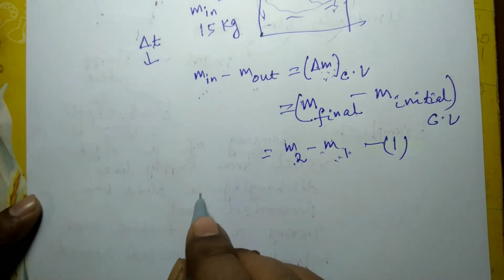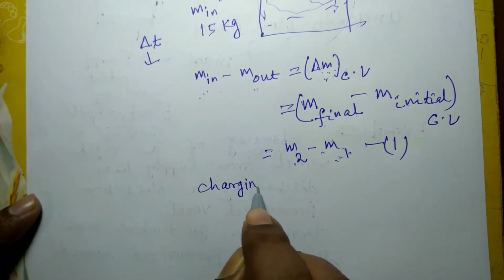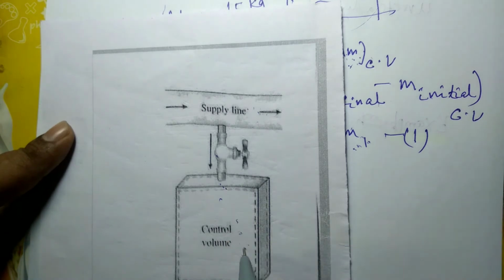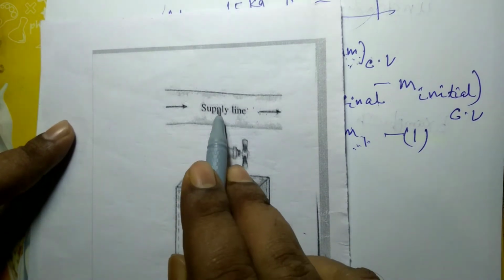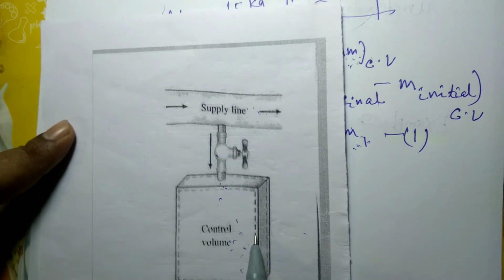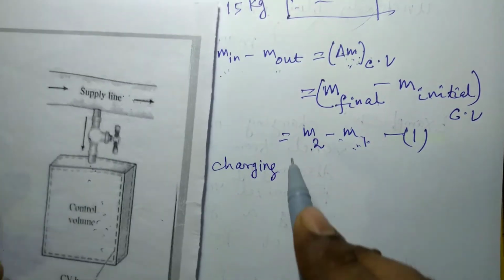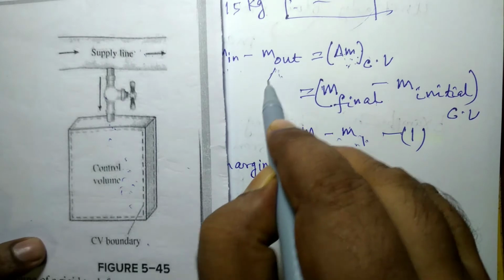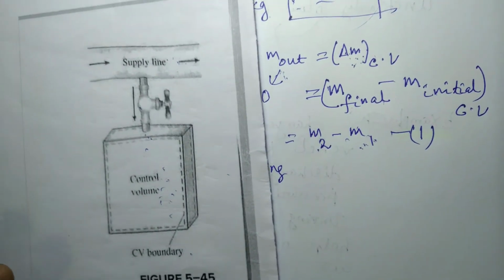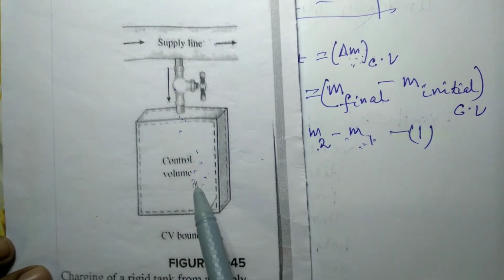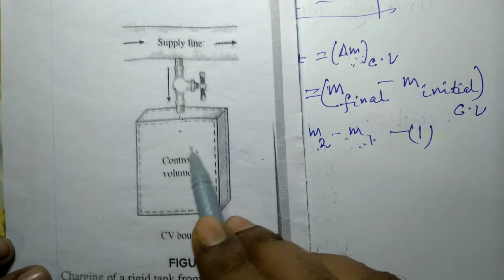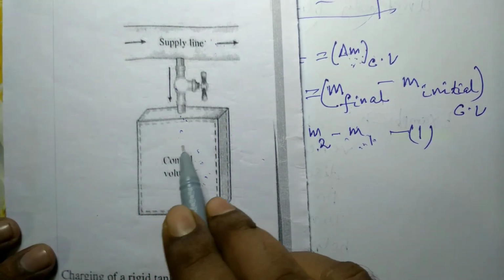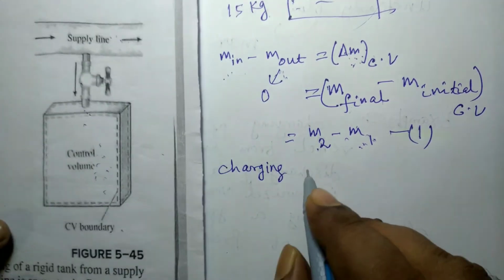Suppose for example in case of charging, what happens, you see here, in case of charging there is only mass entering into the control volume, no mass is leaving. Here fluid is coming from the supply line, but no mass is leaving. So this is the generalized equation, and for this case m out will be 0. Suppose this is charging of an evacuated vessel, suppose before charging there is no fluid here, which means it is an evacuated vessel, a rigid one. Evacuated vessel means